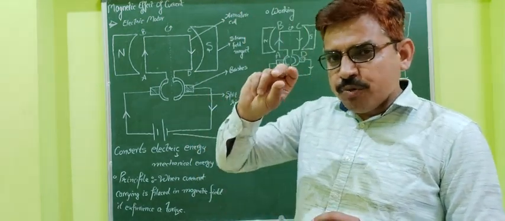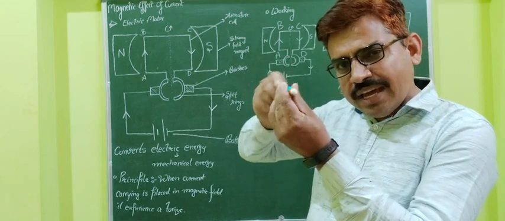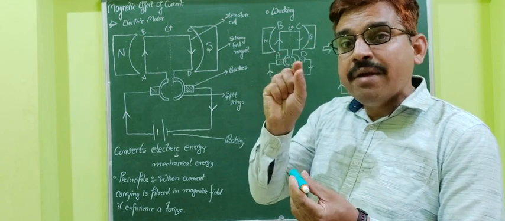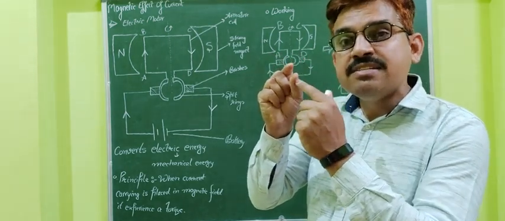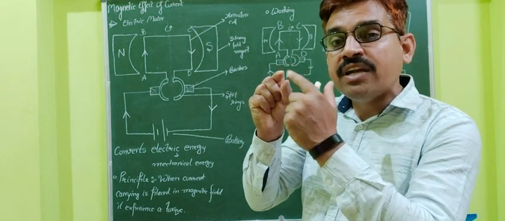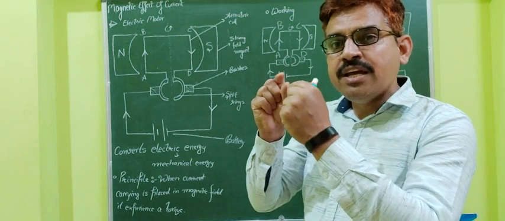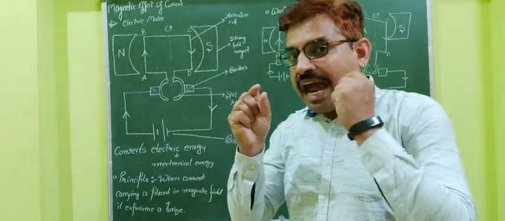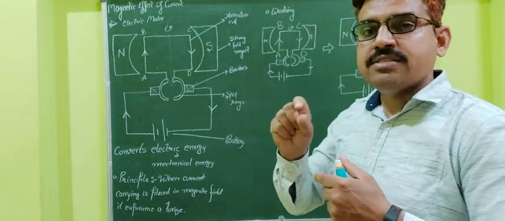Let me share. Suppose I am opening a screw, I am rotating this screw. So what is happening here? I am applying the force, but the magnitude of the force from this side and this side remains the same, but they are acting on different lines. This is a different line, this is a different line. So when two forces of the same magnitude act on different lines, a rotational effect will be there, and it starts rotating.